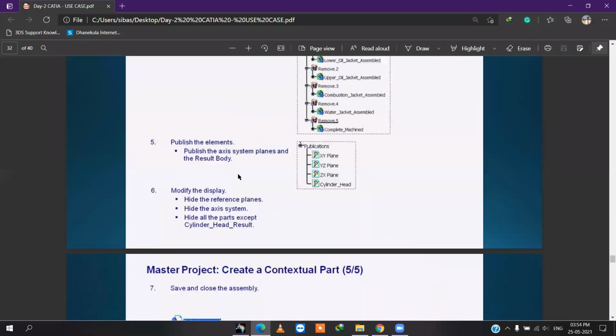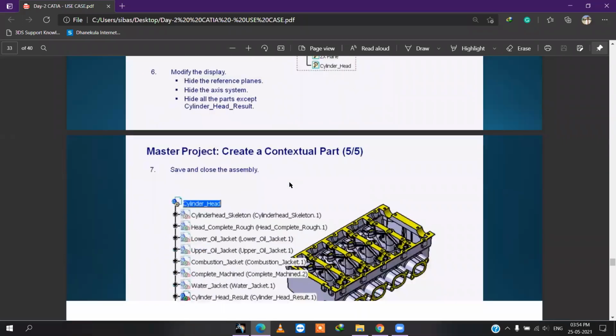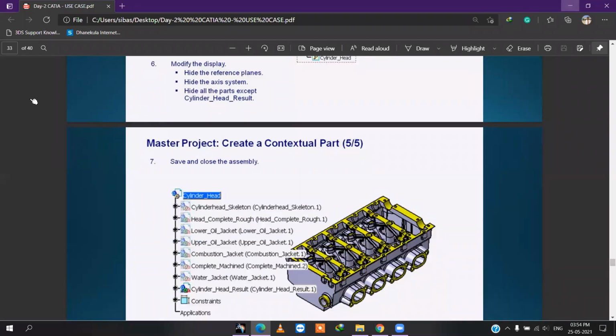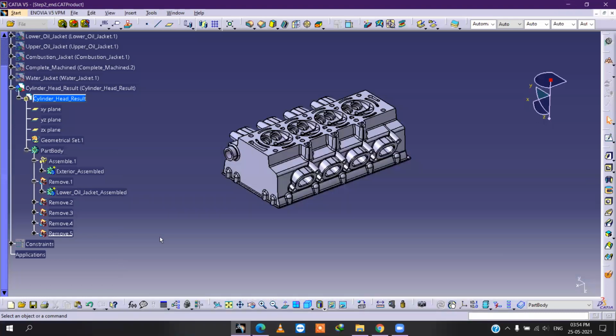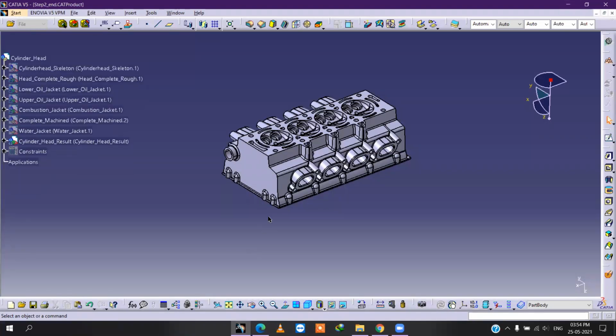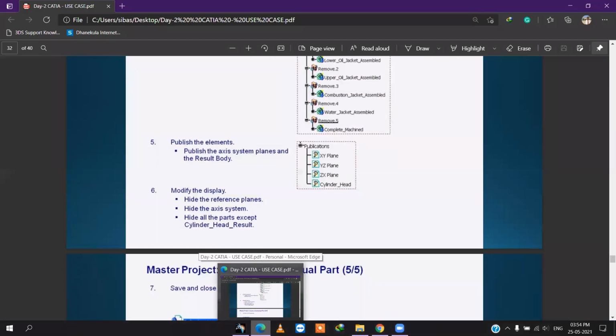After that, we have to publish the axis and the result body. Okay. Minimize this one. Three axes and the result body.